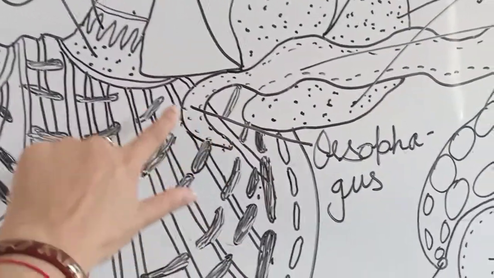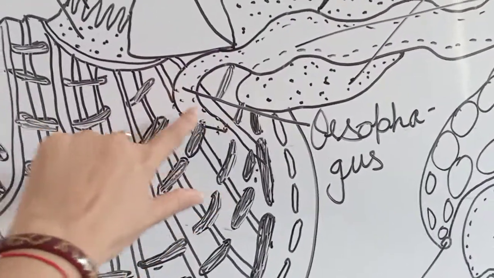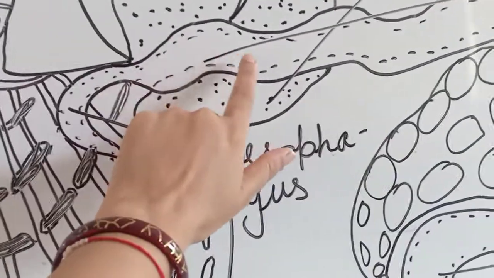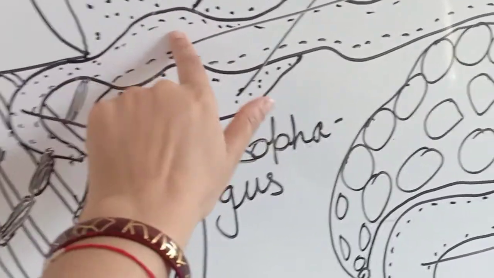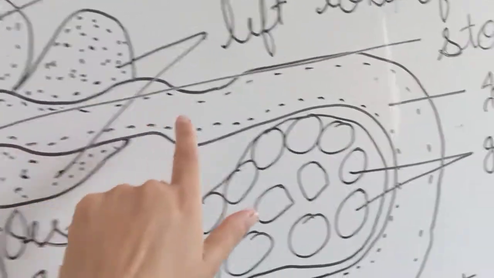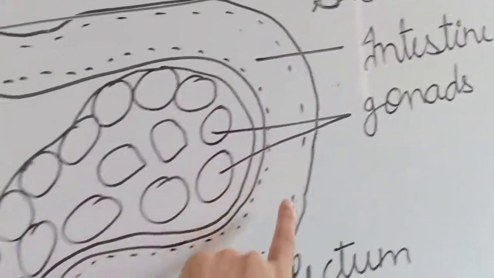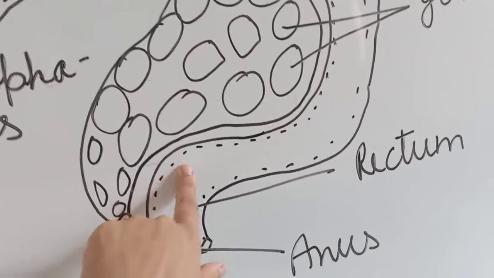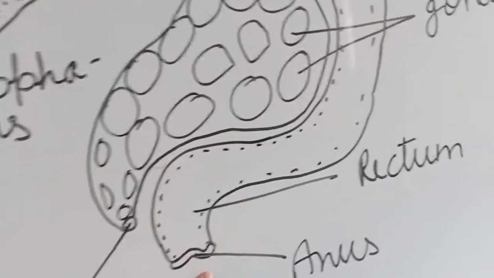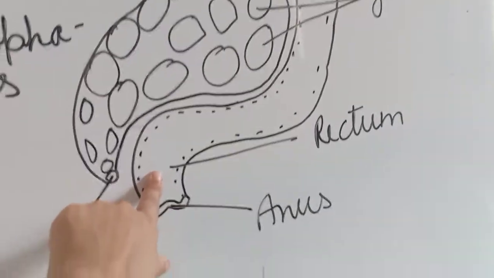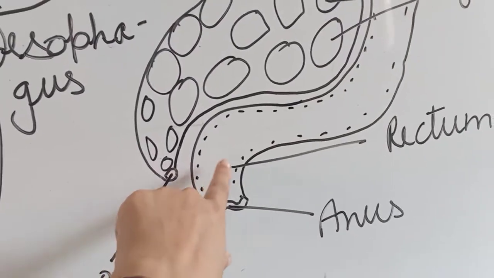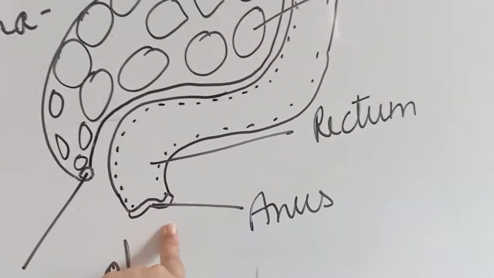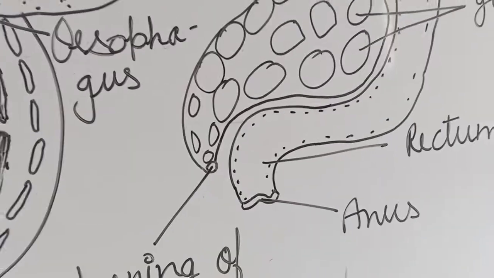This is the esophageal structure of this animal. And the esophagus opens into the stomach. This is the stomach of this animal, and the stomach leads into the intestine. This is the intestine of this animal. And the intestine opens through the anus, and the rectum plays an important role in storing the waste product, and it secretes the waste product outside with the help of the anus.